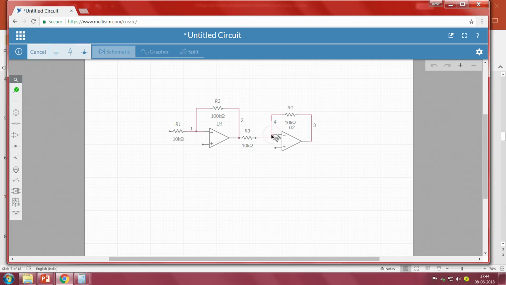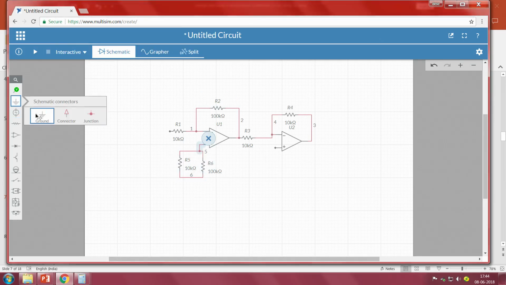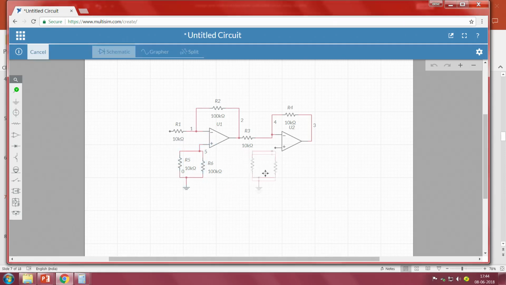Now for compensating the bias currents, what we are doing? We are also taking the resistors whatever we have chosen in parallel, right. So I have taken even the parallel connection of the resistances, connecting it here, one pair. So I also need one more pair, and this pair has to be connected to the ground. So I have connected to the ground. I will copy everything and paste it here.